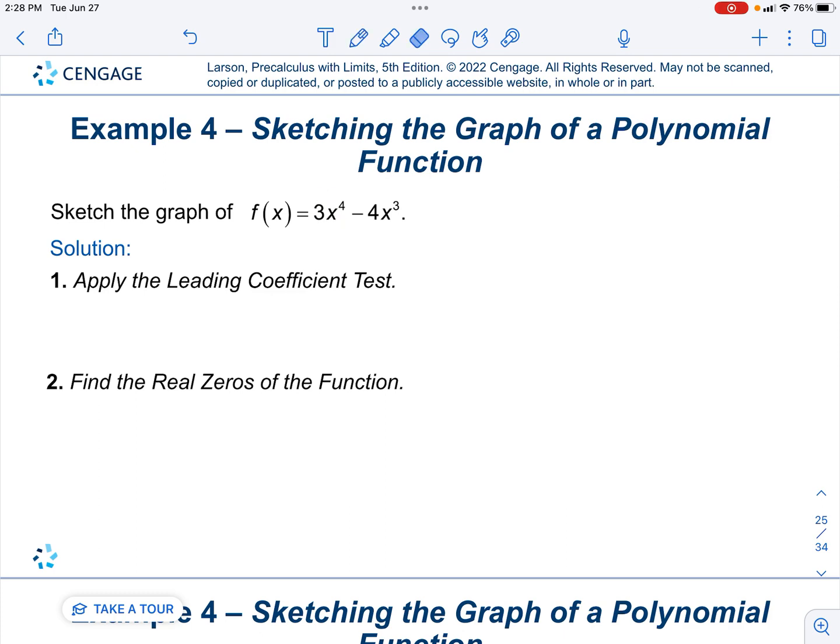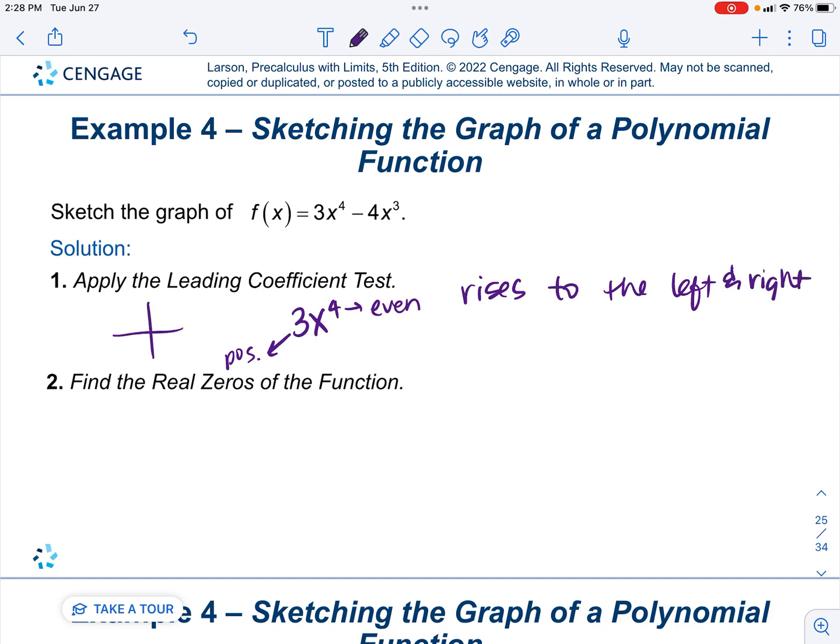term, and we'll see that 4 is even and 3 is positive. So we're talking even is up, up, rising, rising, and A being positive keeps it up, up. So we're going to say it rises to the left and right. Because it's even, we're going to have some kind of parabola-ish shape, and it stays pointing up because